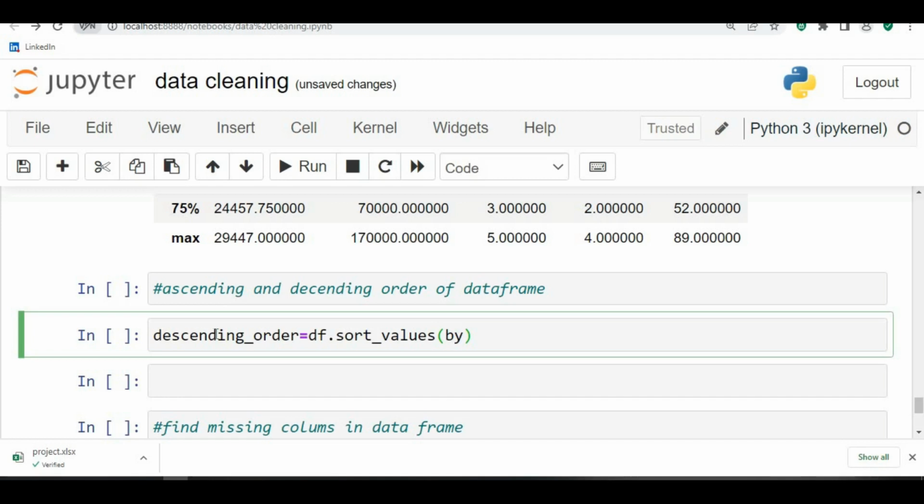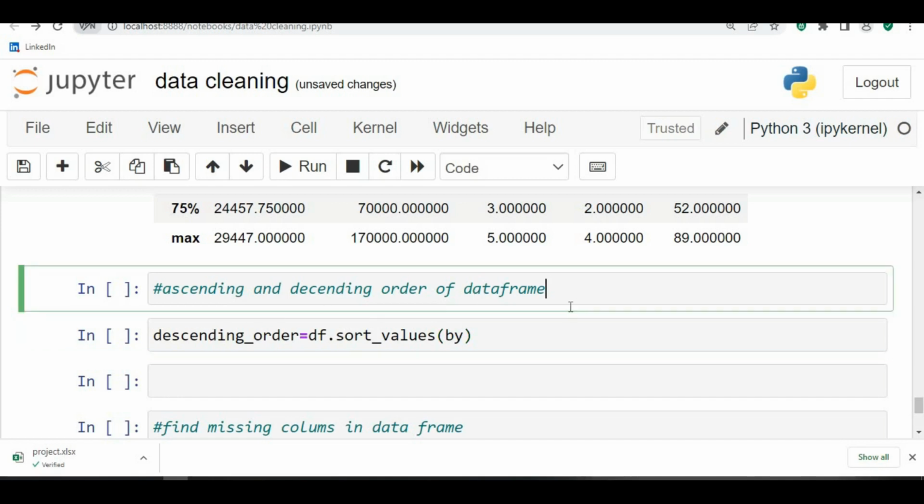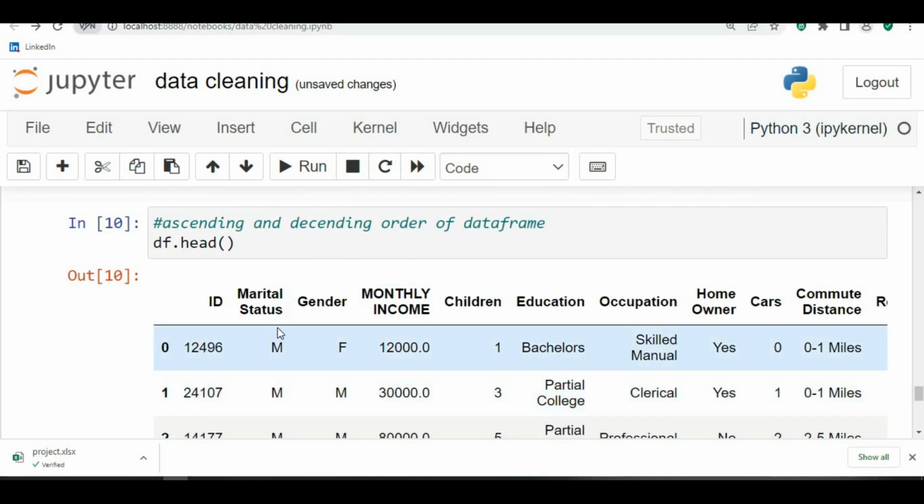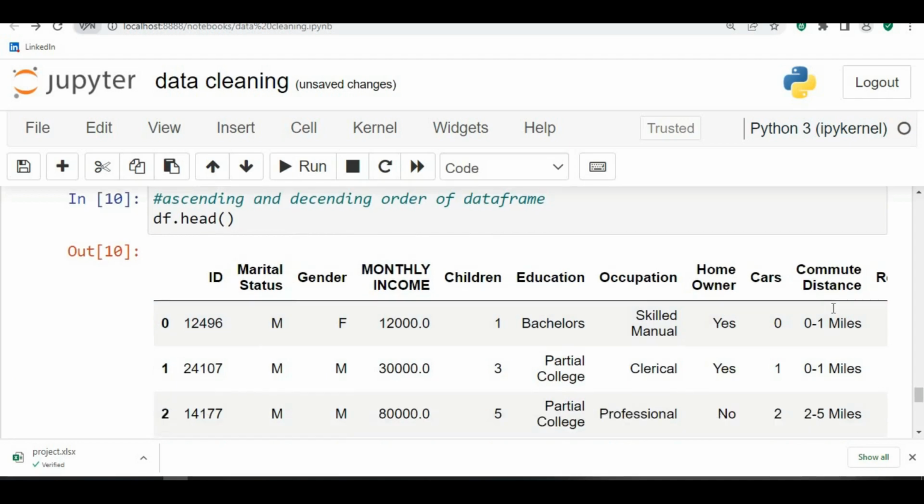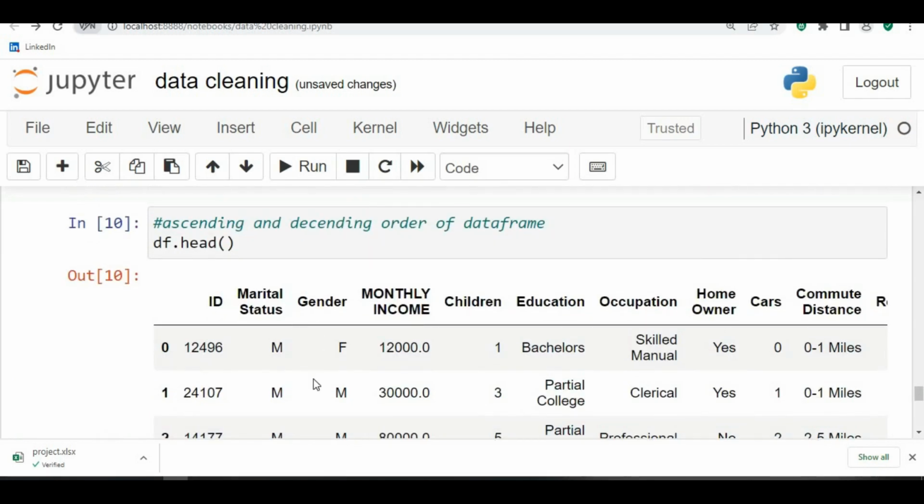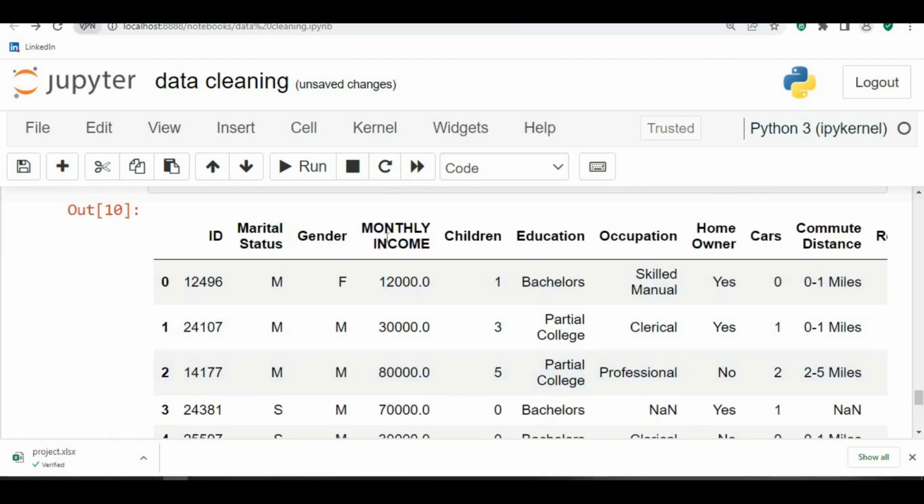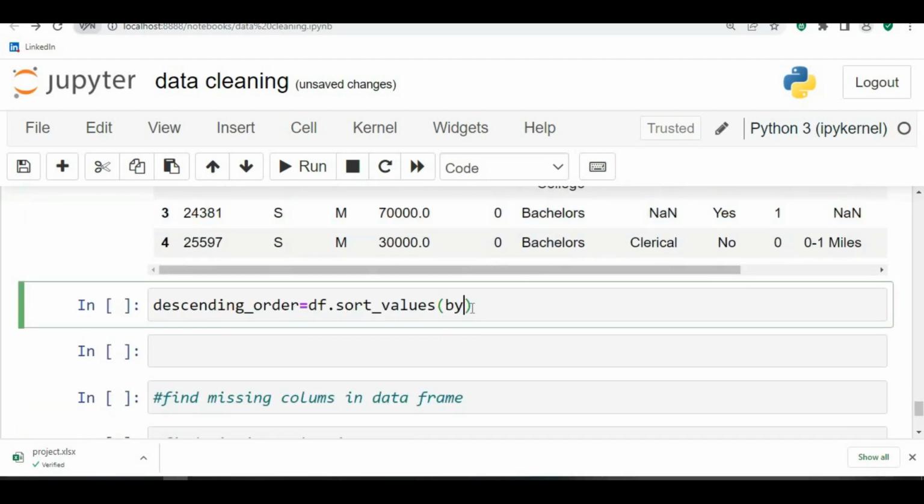Now I will put by here, but before that I will put head, so we will know whatever data is there, df dot head command to see our database. First of all, the data frame. So we have here monthly income, marital status, education, occupation, homeowner, communication. So these are the headings of the columns of our database. So what I will sort by, I will select monthly income. So I will select this and copy this, and here I will put equal to, and then I will put